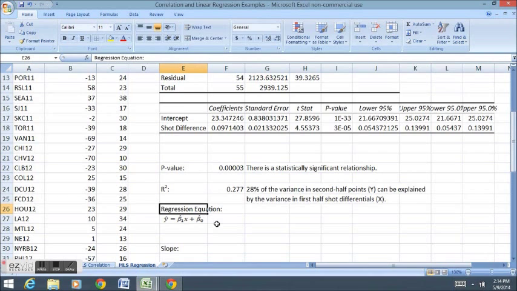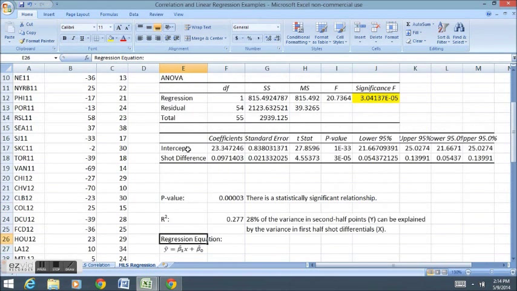Next up, we have the regression equation. Remember how I showed you that trend line at the very beginning of the linear regression portion of this lecture? That trend line can be calculated if we know what the slope and y-intercept are. Every line can be defined by its slope and its y-intercept. Right here, you'll find your intercept under the coefficients column, intercept row. Our y-intercept in this case is